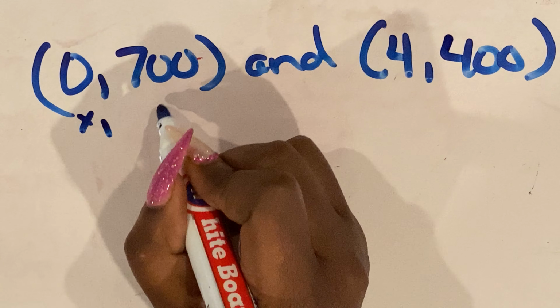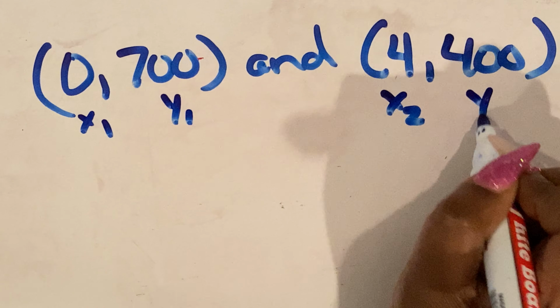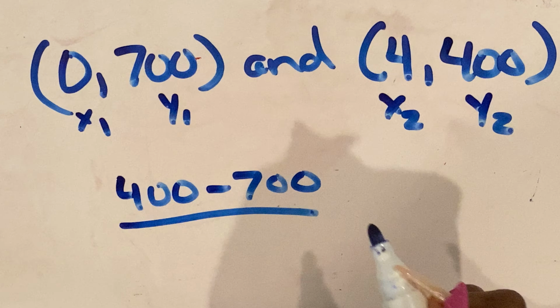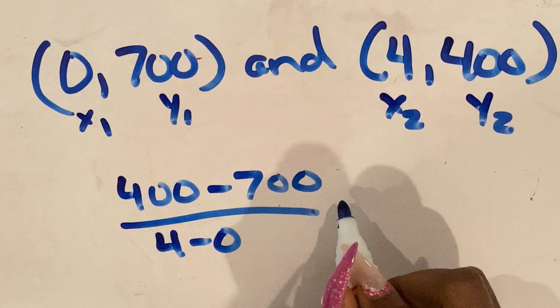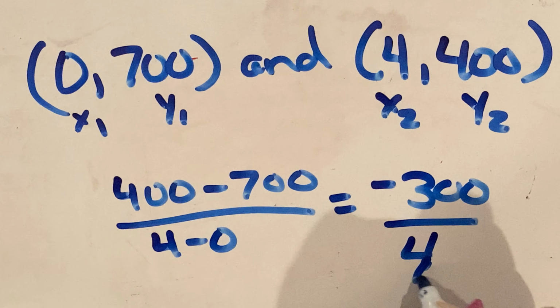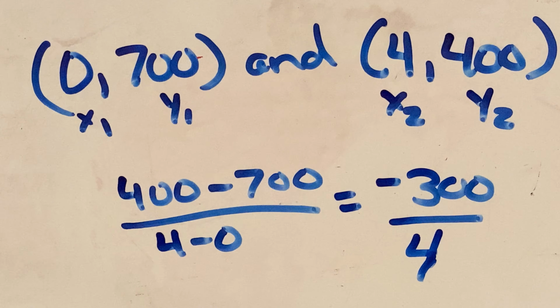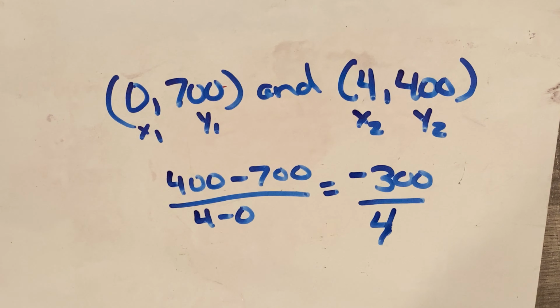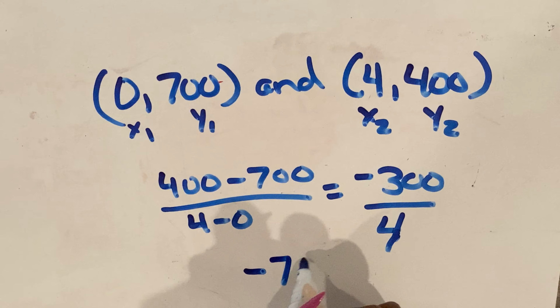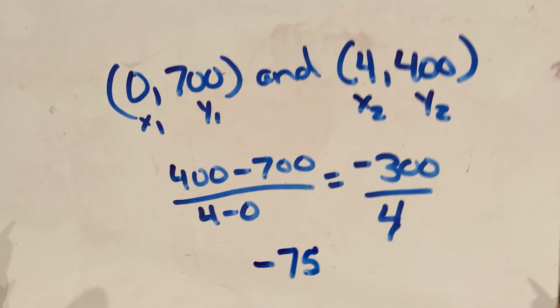So x1, y1, x2, y2. 400 minus 700 over 4 minus 0. Negative 300 divided by 4. I'm going to use my calculator and I'm going to say 300 divided by 4. It's going to equal negative 75. So what I'm going to do is take that negative 75